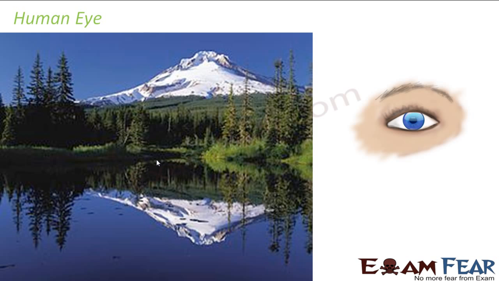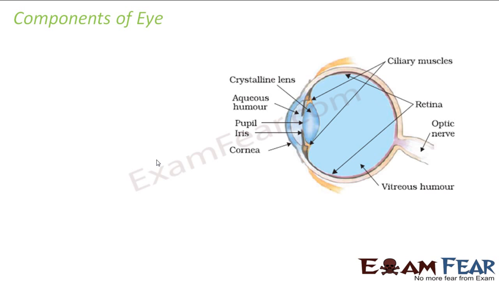As we all know, the human eye is a beautiful gift of nature which enables us to see the things around us. The interesting thing here is to find out how the eye functions. How does it enable us to see things? In order to know that, first of all, let us see the different components of the eye. What are the various parts present in the eye? Let us first look at the structure of the eye.